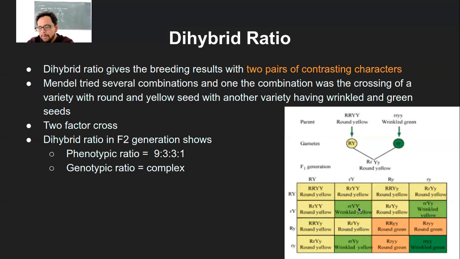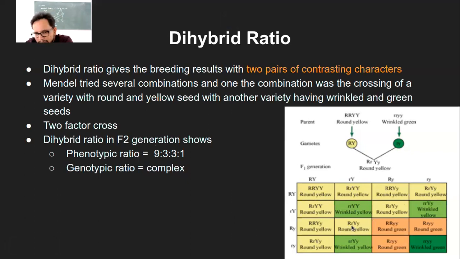Now, in this case, both are homozygous for both traits, but one is homozygous recessive, that is small r, and capital Y, that is homozygous dominant for the seed color, homozygous recessive for the seed shape. So you will have wrinkled seed instead of round, and yellow color of the seed. So that way, all these 16 possible individuals are checked, and what you get at the end is 9 round and yellow phenotypes. You can count 1, 2, 3, 4, 5, 6, 7, 8, 9. So these yellow boxes, they are 9. So they are all round and yellow.